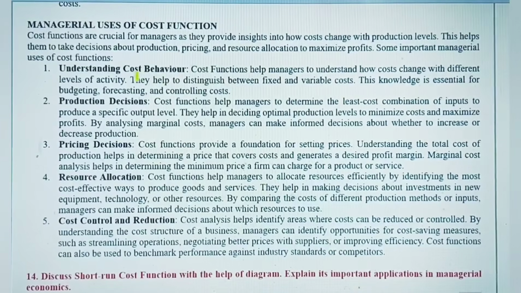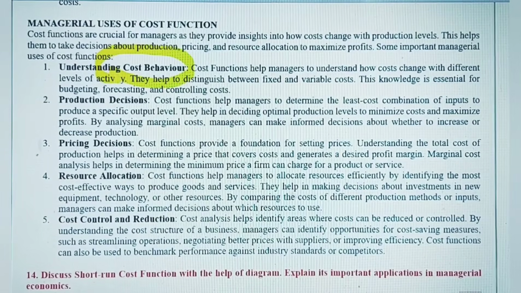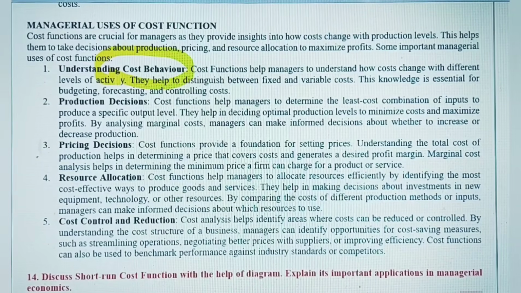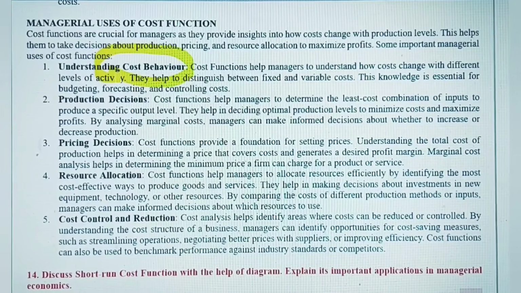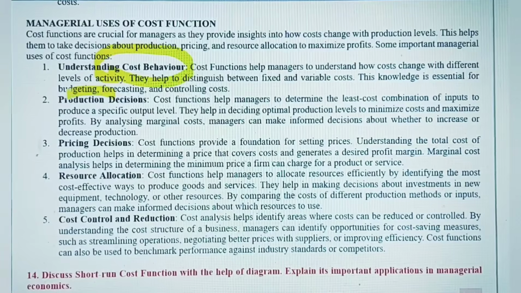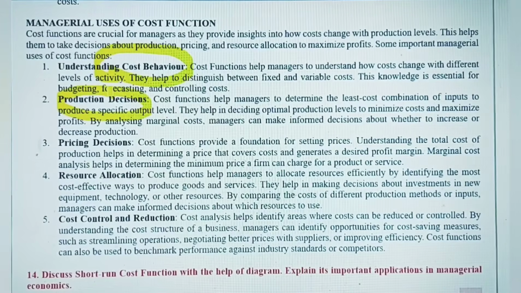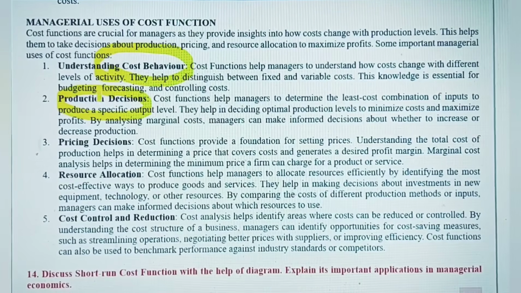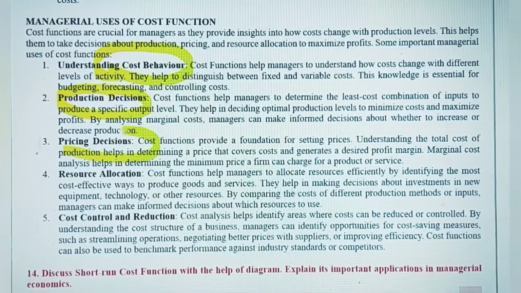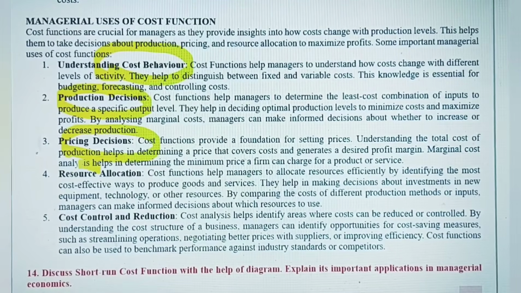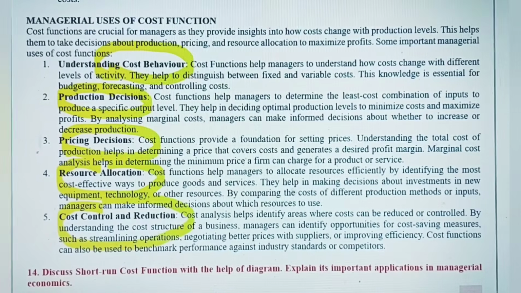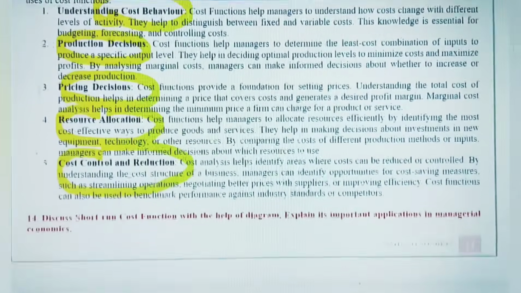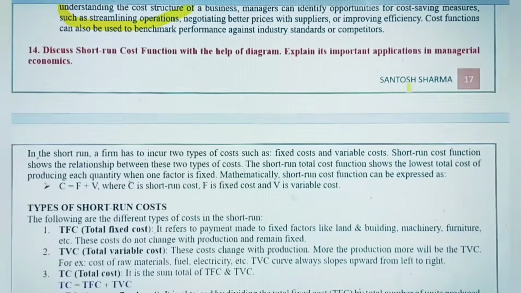Basically cost का behavior, I mean cost मतलब कंपनी के लिए हाई हो रहा है, लो हो रहा है, किस तरफ जा रहा है उसका डायरेक्शन, तो दैट इज़ इम्पॉर्टेंट. तो ये एनालिसिस कर सकते हैं. प्रोडक्शन डिसीजन ले सकते हैं, व्हाट टाइप ऑफ गुड्स आर टू बी मैन्युफैक्चर्ड, हाउ टू मैन्युफैक्चर. उनकी प्राइसिंग का डिसीजंस भी ले सकते हैं, कितना रिसोर्स एलोकेट करेंगे, दैट कैन ऑल्सो बी डिटरमाइंड. एंड इट ऑल्सो हेल्प्स in controlling the cost.